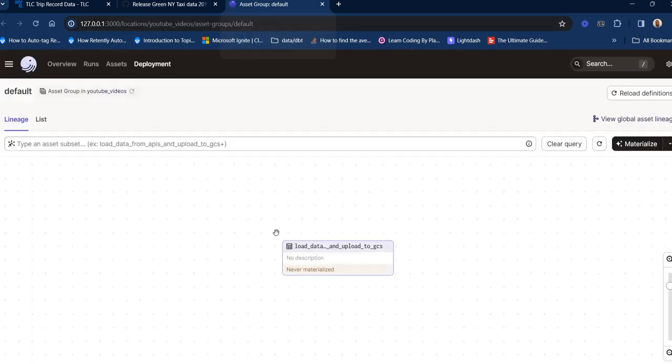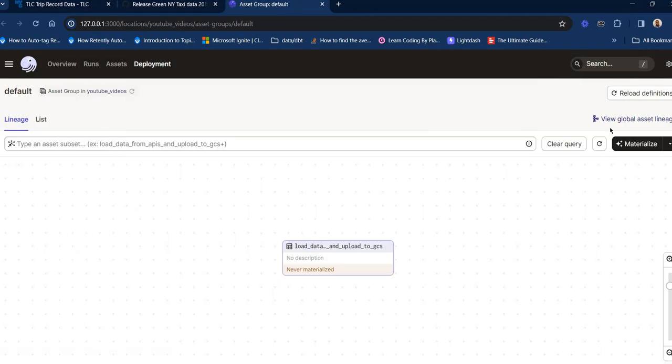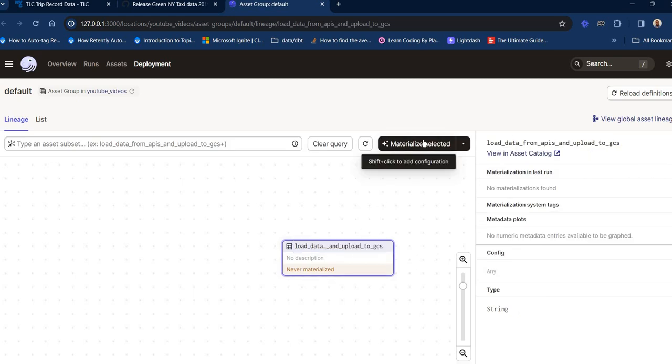And it brings us here to this beautiful UI created by Dagster. First thing we're going to do is reload the definitions. The reason we do this is just in case we've created or added some details to this assets.py file here, we want Dagster to be able to capture that accurately. And so once that's done, click on it, and then we come to this black button here that says